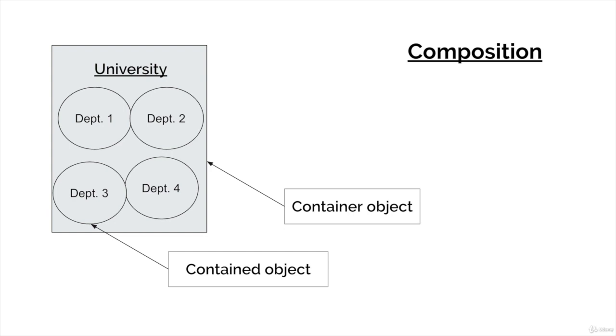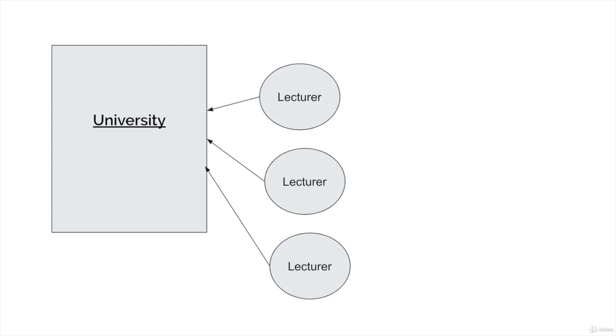Now let's understand what is aggregation and how it differs from composition. We'll take the same example of a university, but this time we'll bring lecturers into the picture. So a university has several lecturers. Now there is a possibility of lecturers existing when the university is destroyed. A lecturer can go elsewhere and take lectures. So the university existing or shutting down doesn't matter to them. If they are teaching at one university today and it shuts down, they can go to some other